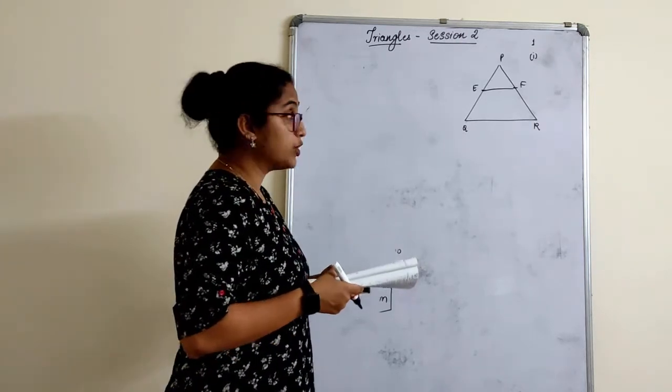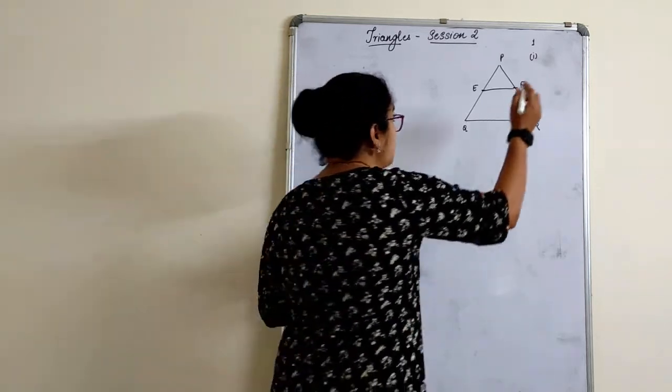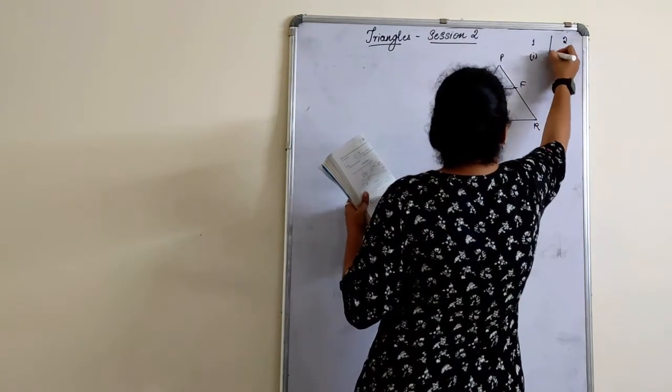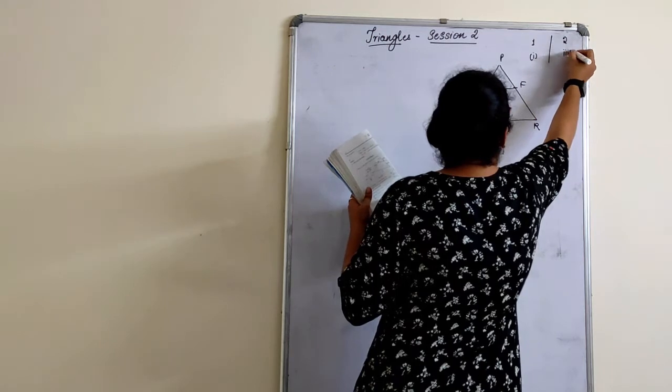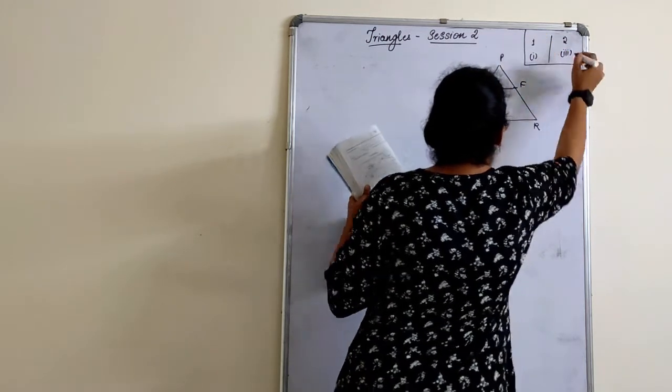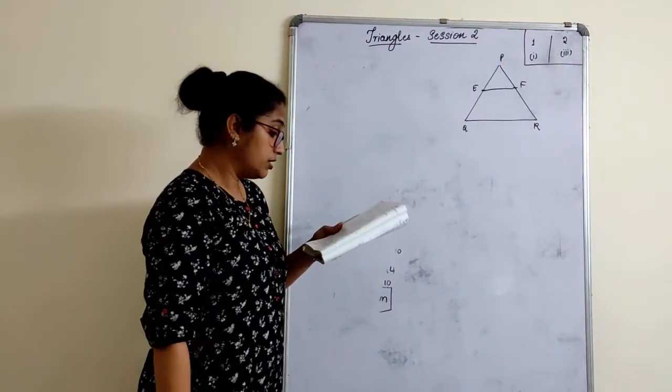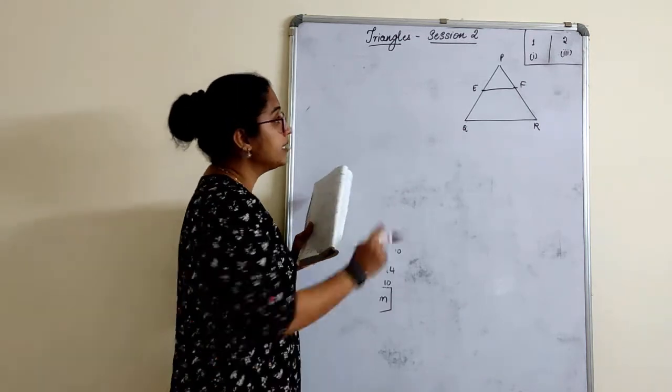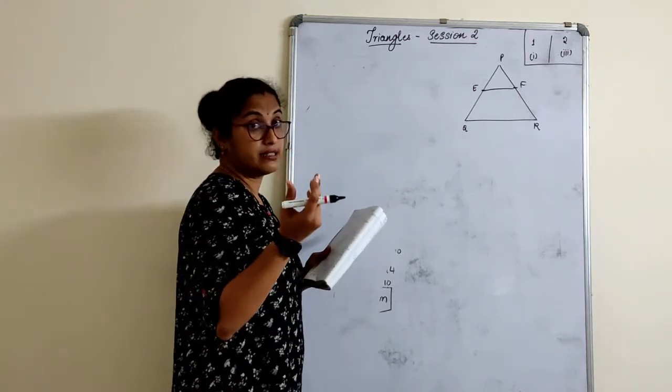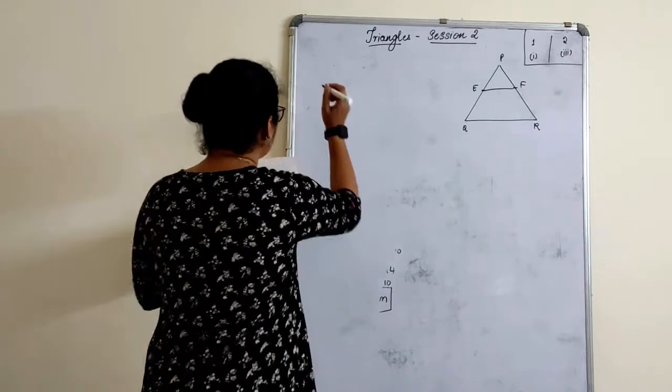There are 3 sets of questions. First 2 I will do, the third one I will mark for homework. So that's all the homework sum for today's session. So these 2 are for homework. First 2 we will do. So we have to draw the figure thrice, that means 3 times we are solving it.